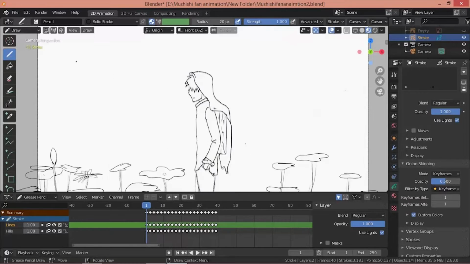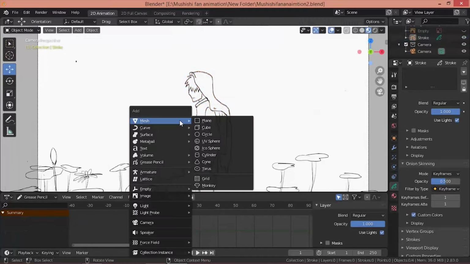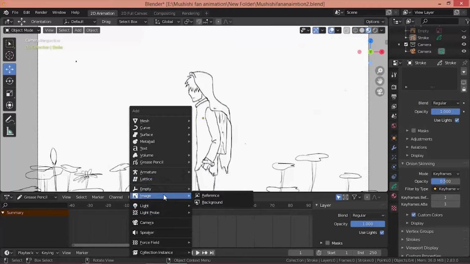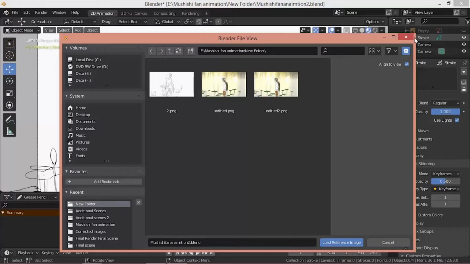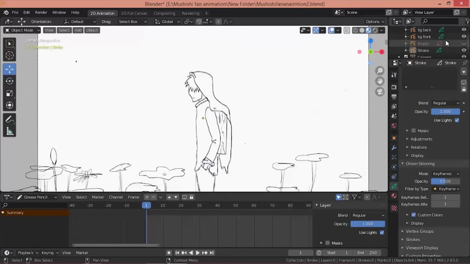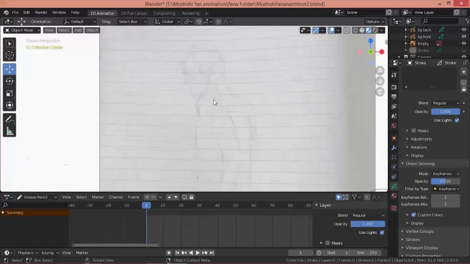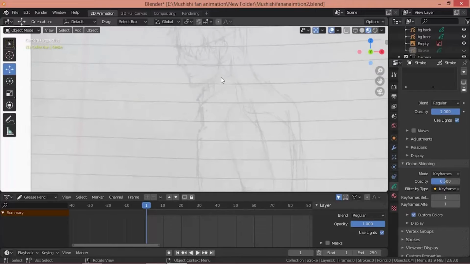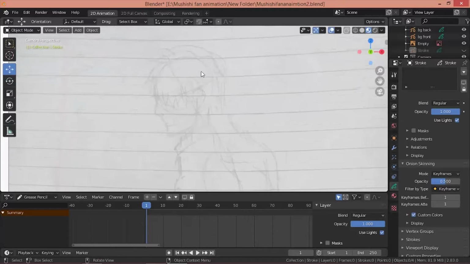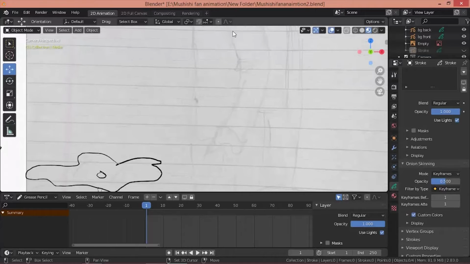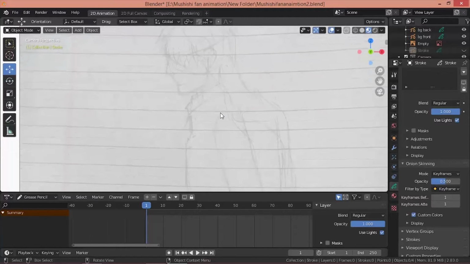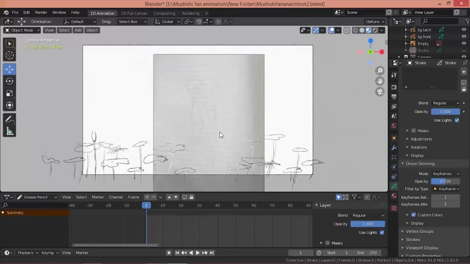Basically, first while drawing the initial drawing, I go to object mode, and I press Shift A, and I have this option called image, reference image, where I can import any reference image that I want. So I already imported the reference image, and it is this image that I had drawn first, very initially, a rough drawing of him walking. So this is how the rough drawing comes in, used to imagine how the scene will take place.